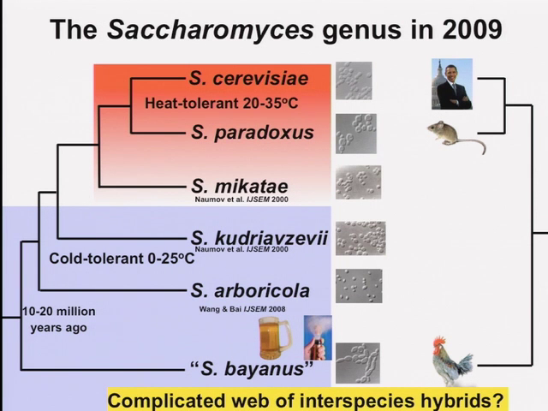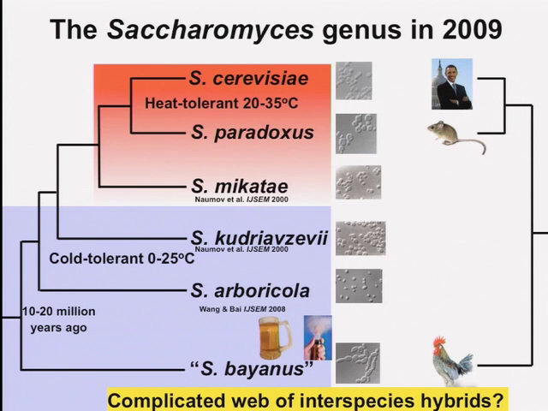And so what it turns out is that a lot of what researchers were looking at turned out to be a complicated web of interspecies hybrids that we're actually still trying to disentangle today, because there are a lot of things that have genes from different places. And in particular, you've got things that are giving rise to champagnes and ciders, but